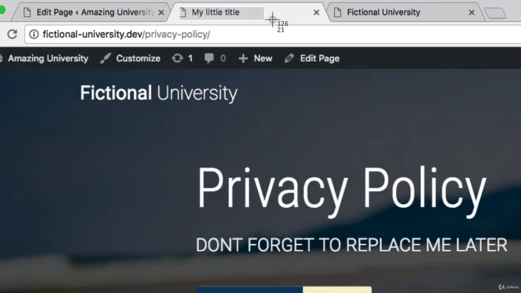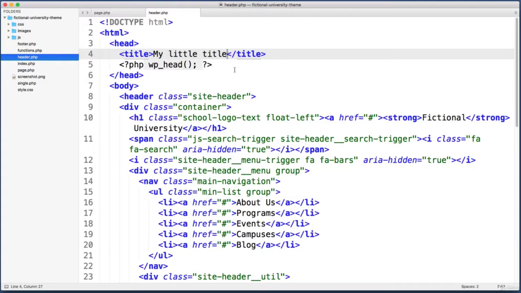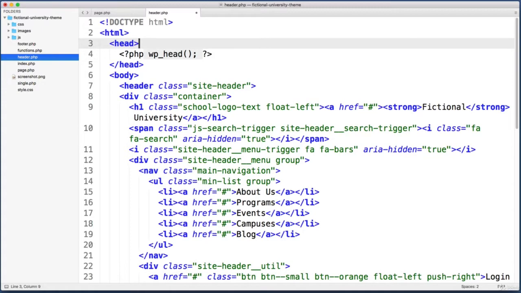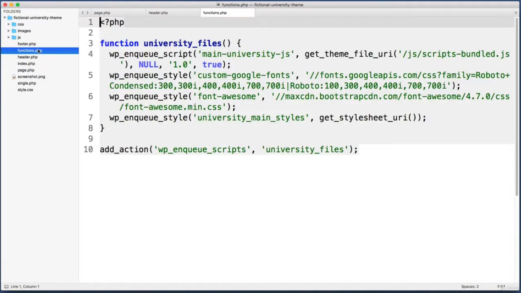Now, technically that works, so we see the title here, but that's far from ideal because you want the title to be unique or specific for each page or post that you're viewing. So let's delete this title line. And instead, since we are already giving WordPress control over our head section with this wp_head function, what we can do is jump into our theme folder's functions.php file and tell WordPress to automatically generate an appropriate title tag